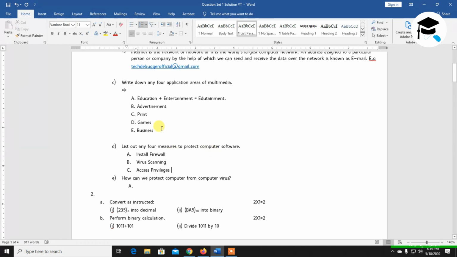Okay, for example, if you have one folder named DAMAK, suppose this is the name of the folder. Now you can assign the permission to this folder so that someone else can only view this folder. They cannot edit the contents, edit the documents, or delete it. Okay, such kinds of permissions are said to be privileges. You need to do this also.